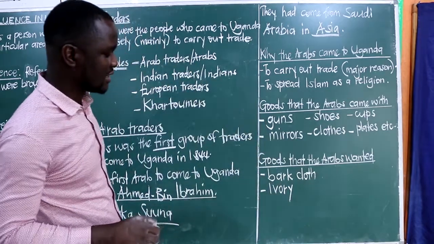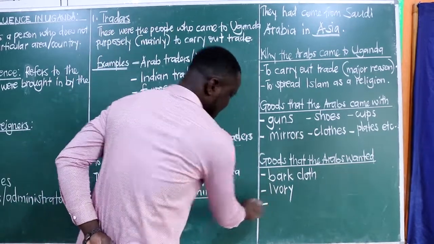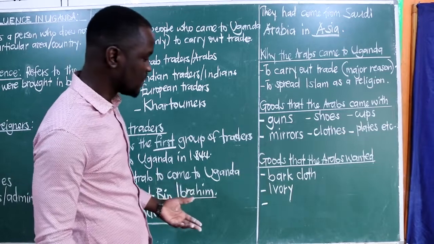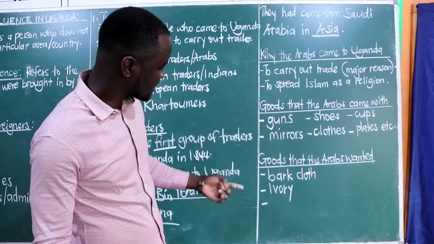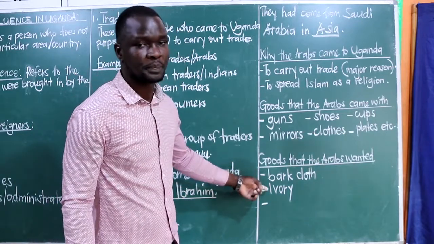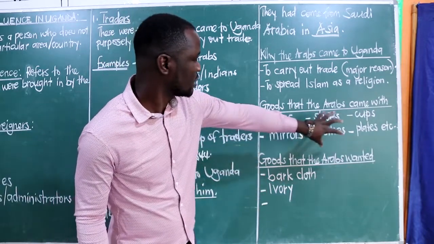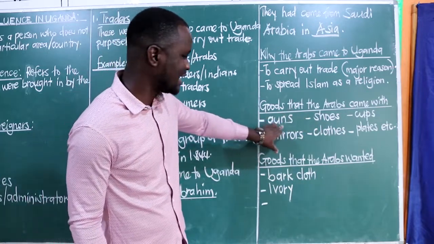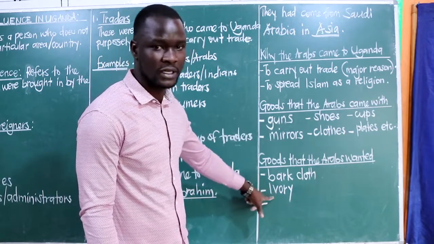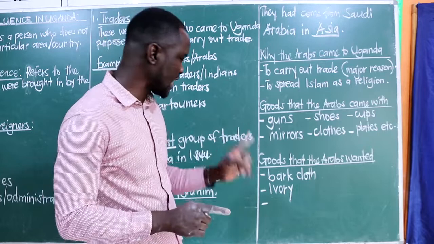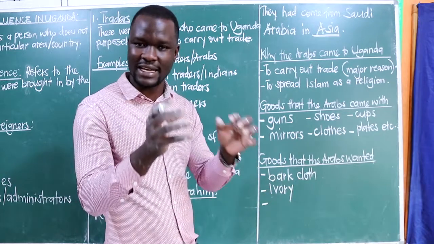I believe we know ivory is got from the elephants, the elephant tusks. For this case, we shall be able to answer a question that can be asked to us. Remember, when the Arabs came, people in Uganda wanted these goods from the Arabs. Someone could want a gun. I want also to own a gun. Therefore, what do the Arabs want? They want ivory. So you could find that the Ugandans could run to the game parks to hunt and kill the elephants such that they get the elephant tusks.